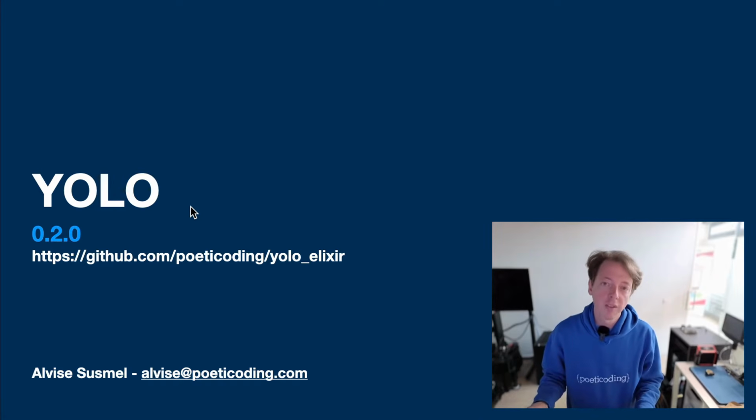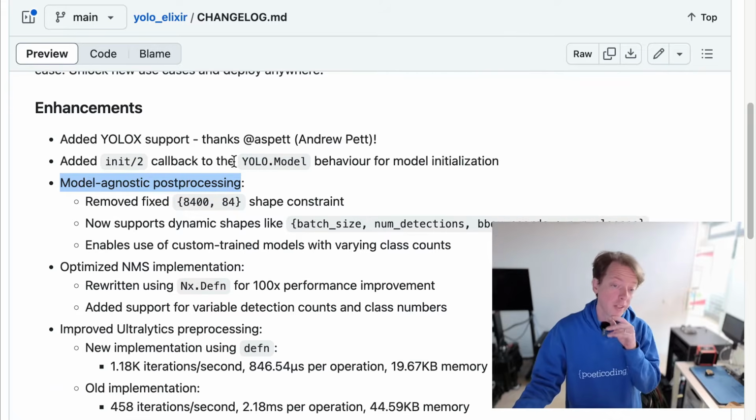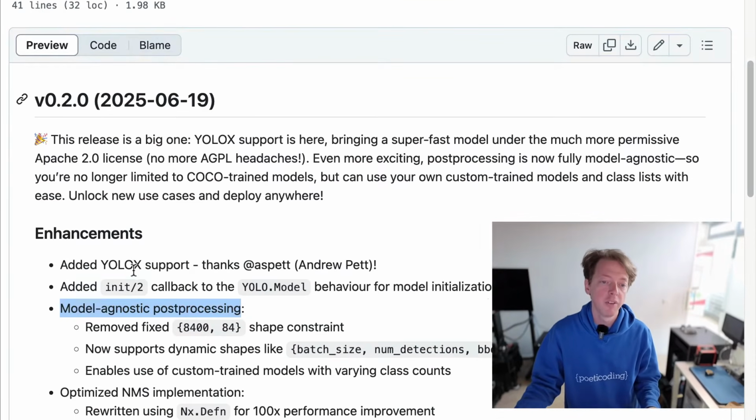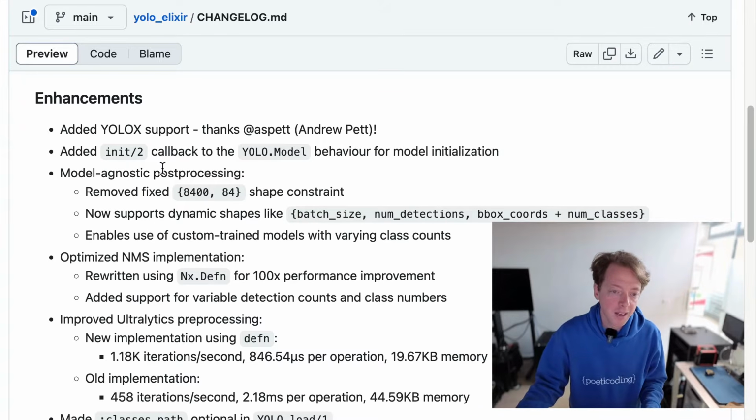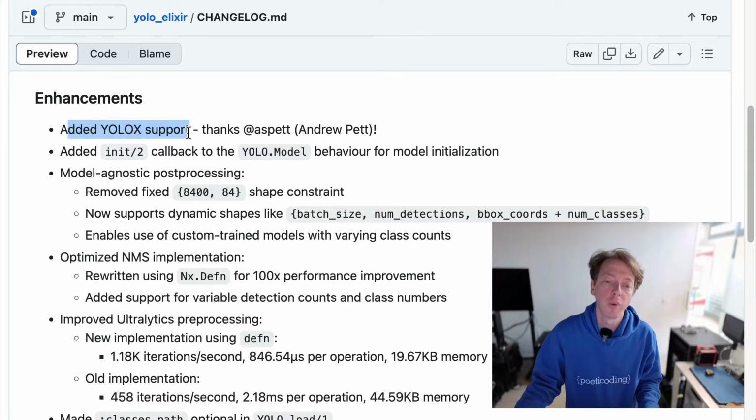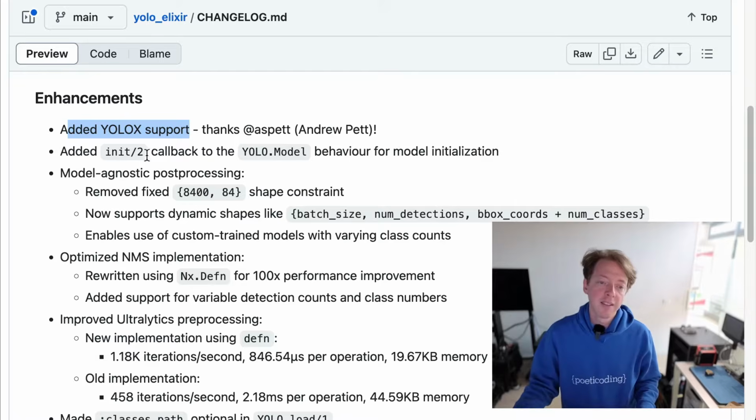because it brings three major enhancements. You can see here I've written all the different things that this release brings, but there are three major things. First, added YOLOX support, and for this I really have to thank Andrew Pett. And then